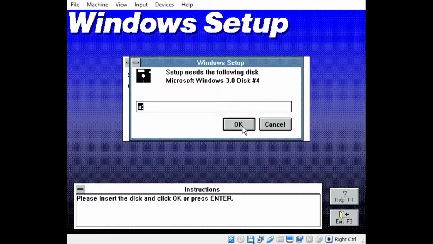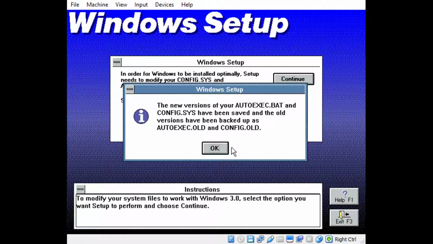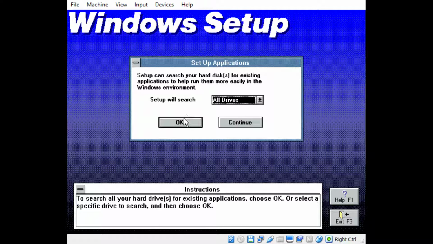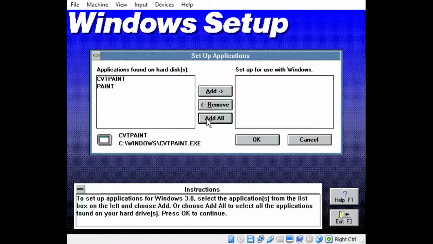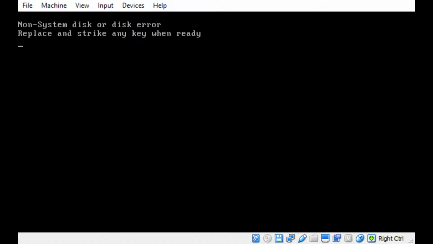And disk 4. Where are you, disk 4? Make all the modifications for me. Yes, of course. That will search all drives. Add all. And we'll reboot. Of course, we have to eject a disk. Move. Good. All right, so it's not rebooting. We'll just